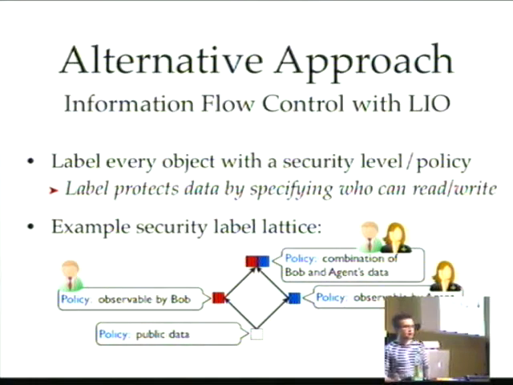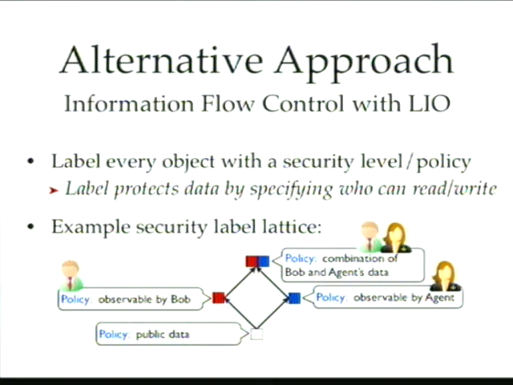So in information flow control in our system LIO, what we do is label data such as your messages, your file handles, and so forth with a security level or a micro policy. And what this policy does is it just specifies who can read this piece of data. So in this case, I'm using, say, a 4-point lattice. At the bottom of the lattice, we have this white box, which just denotes public data. This public data can be read by anybody, and so it flows up.